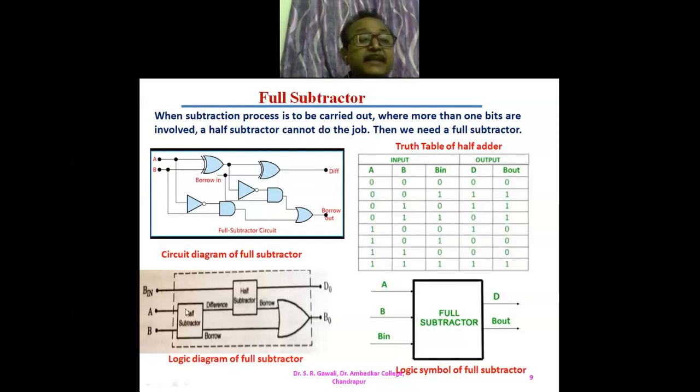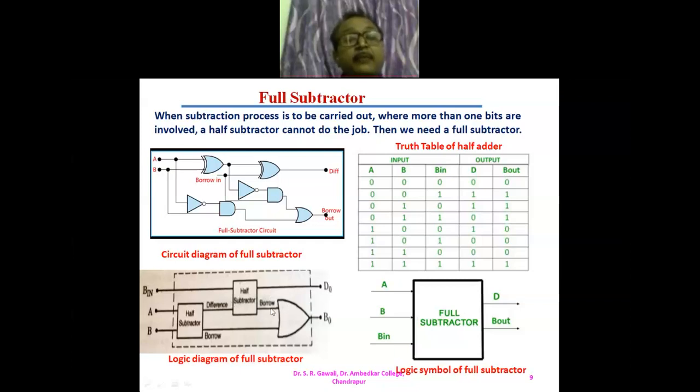The first half subtractor is this one. There are 2 inputs for this first half subtractor, and then we get the borrow and the difference. This difference is given to the other subtractor, and the other input to the second subtractor is the BIN. These two are subtracted and we get the difference